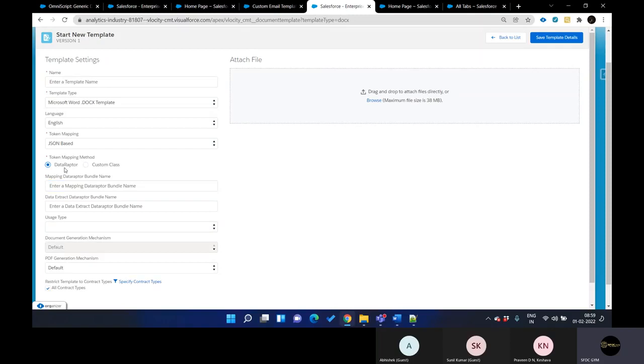But most of the time, you need to go for data raptors because the intention of Velocity is to reduce the coding and use the native platforms, right? So the native platform is data raptor, but there's a problem in data raptor. Data raptor always works on a JSON format, right? That means if we directly bind